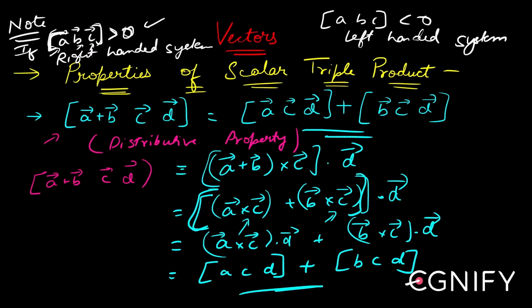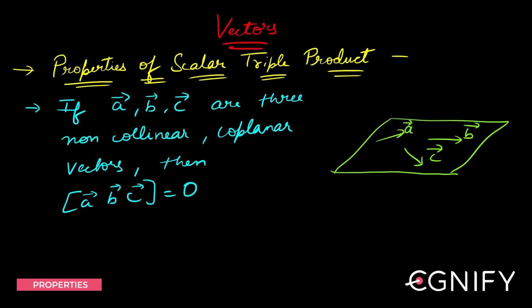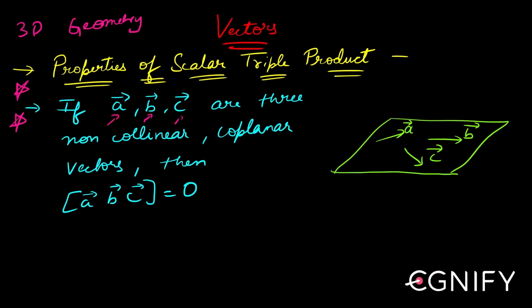The next property is extremely crucial from the 3D geometry point of view as well, so pay extreme attention to it. This property says that if I have 3 vectors A, B, C, you can look at those vectors here. If these 3 vectors are non-collinear, so first of all, your 3 vectors have to be non-collinear,